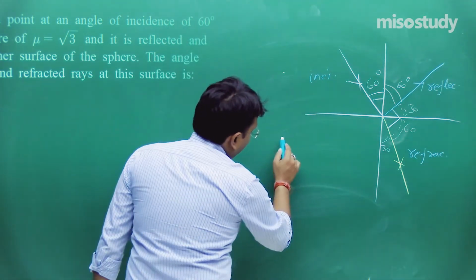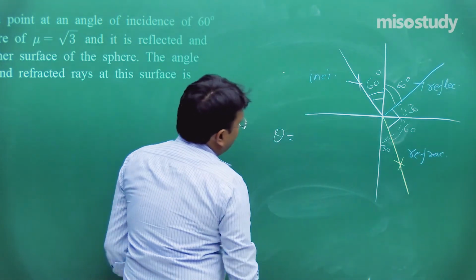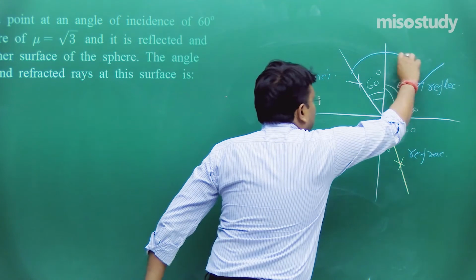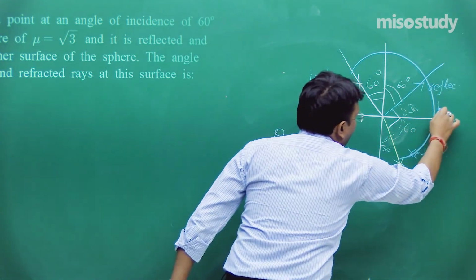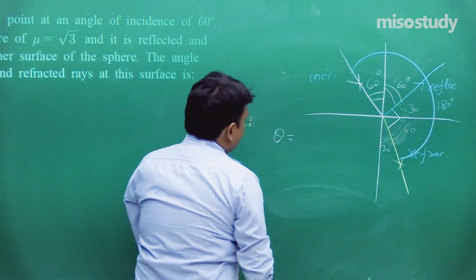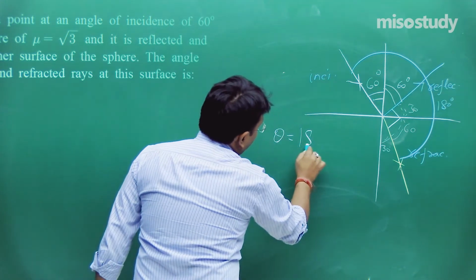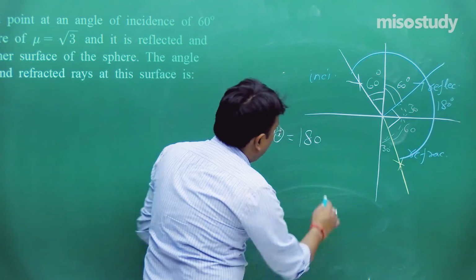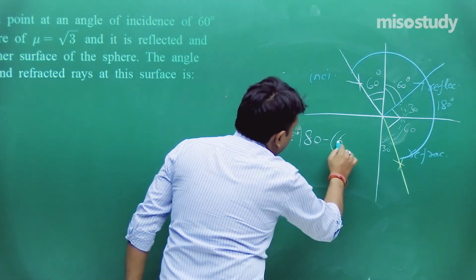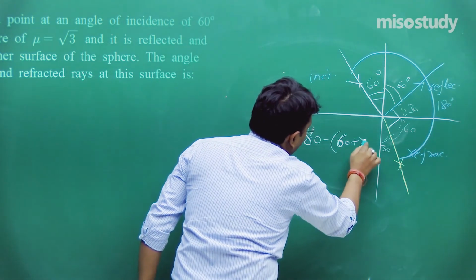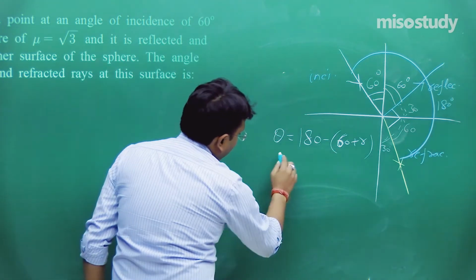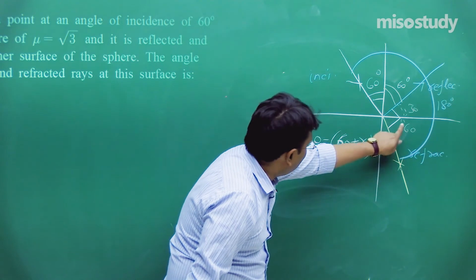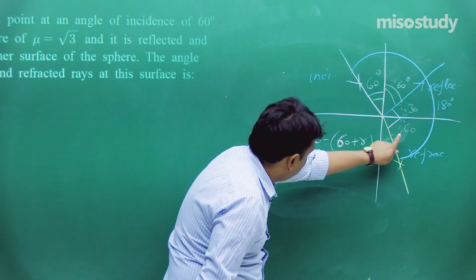So if you try to solve the problem in this fashion, obviously the answer is bound to come, don't worry on that part. So now directly you can say, and how much is the total angle? I think I should use this entire angle, 180. Fine. So theta is equal to 180, then this plus 60 plus r minus 60 minus 60 plus r. Get the value of r as equal to 90. Actually, by calculation you can do like this, and by diagram you can do like this.